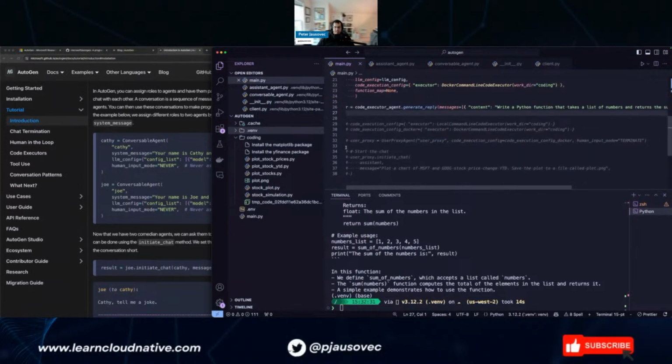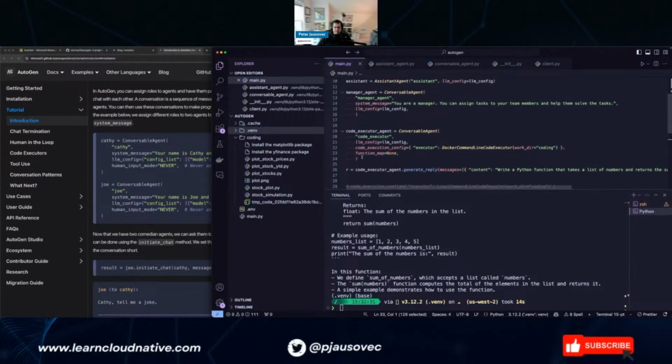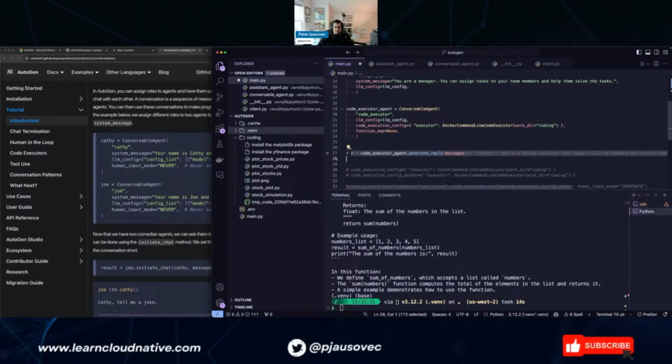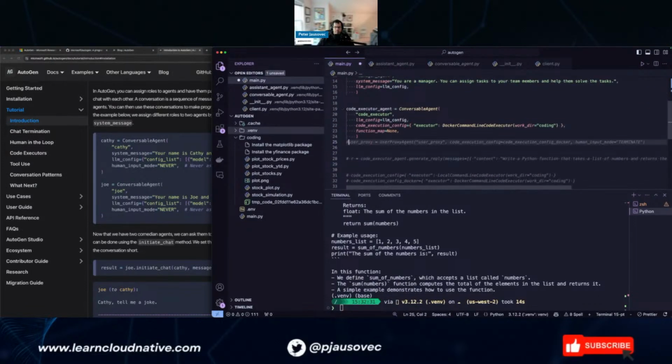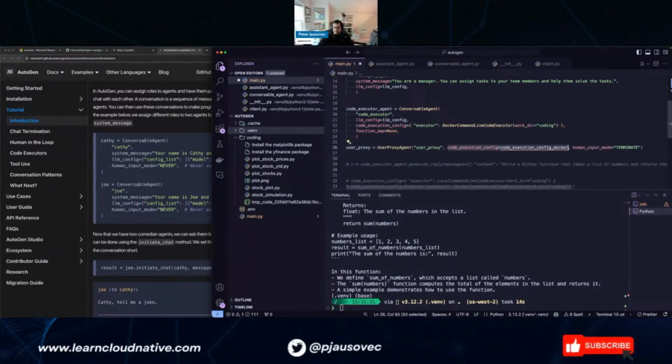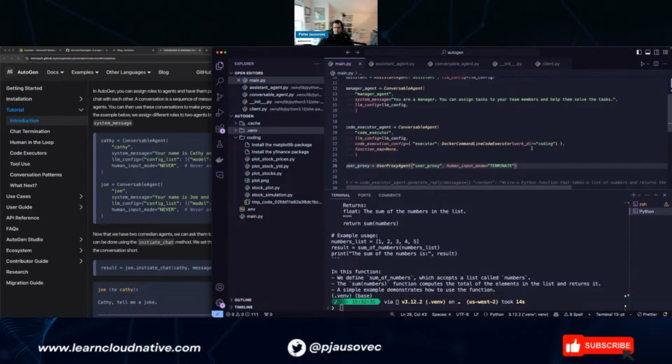Okay, so I still need the user proxy. So let's do the user proxy. I'll comment this one out. I'm trying to figure out how to tie everything together, right? So there's no code execution there. Or should there be? No, that one should execute the code, right?